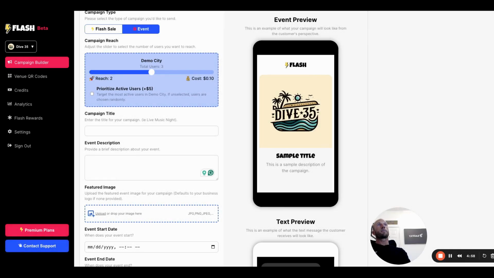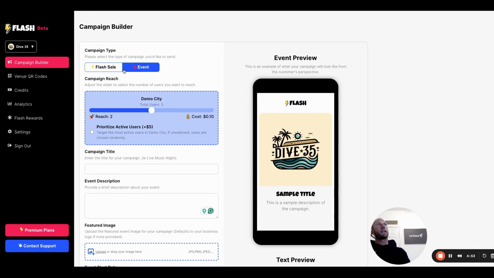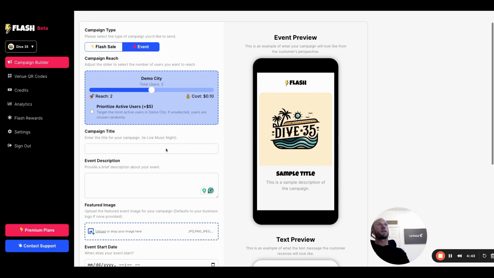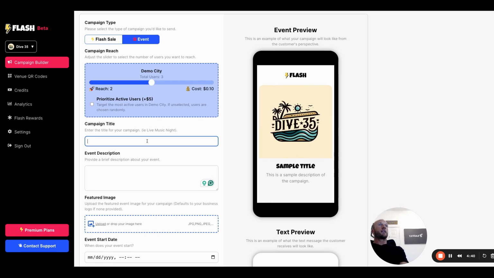Now let's look at how to set up an event. So again, you're going to be on the Campaign Builder tab, and instead of flash sale, you're going to choose Event. We've already covered how to select how many users you want to reach, so if you need a refresher on that, go back and watch the video on setting up a flash sale. We've also already covered how to set up a campaign title, but let's go ahead and just say Beach Life